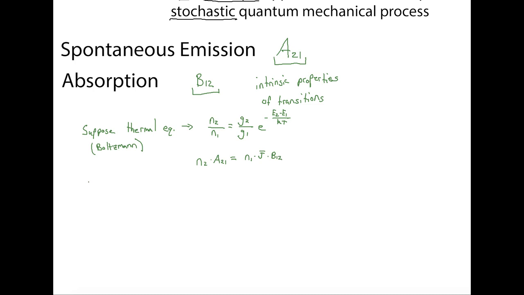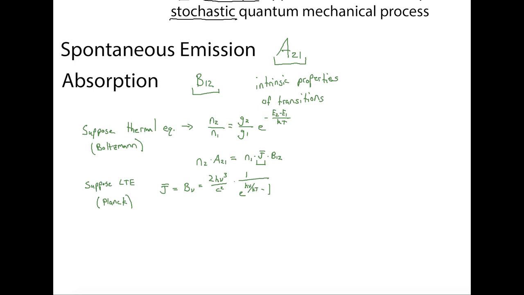Now I'm just going to leave that there for a second. I'm going to add one more thing. Suppose we are in local thermodynamic equilibrium. Local thermodynamic equilibrium is just a little more stringent than thermal equilibrium. It means that our radiation field is also in equilibrium with the ratios of states here, which means we can actually know in local thermodynamic equilibrium what J bar is. The radiation field becomes Planckian, which means that J bar is given by the Planck function, B nu, which is equal to 2h nu cubed over c squared times 1 over e to the h nu over kT